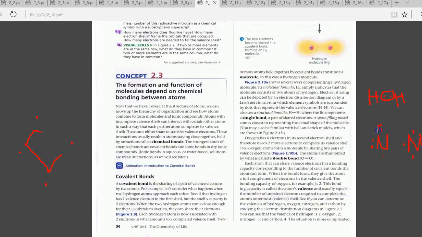So I'm going to have this bond between these two. I'm going to have this bond between, oh my gosh, these two, okay? And then I'm going to have this bond between these two. So if I look in this disastrous mess, I can see that I circled 6 electrons in total, and that's